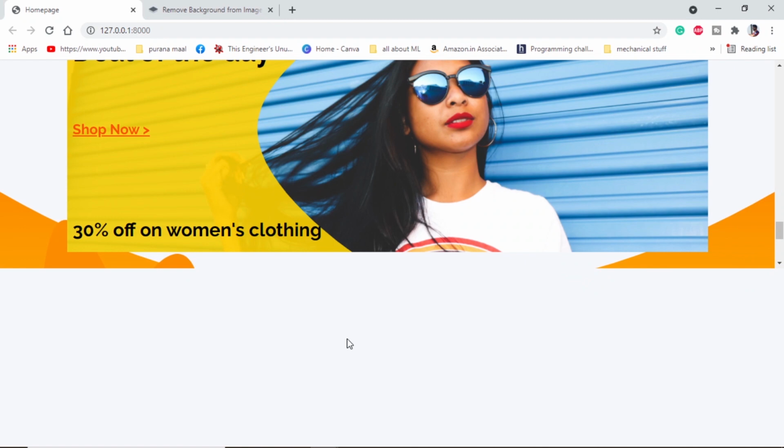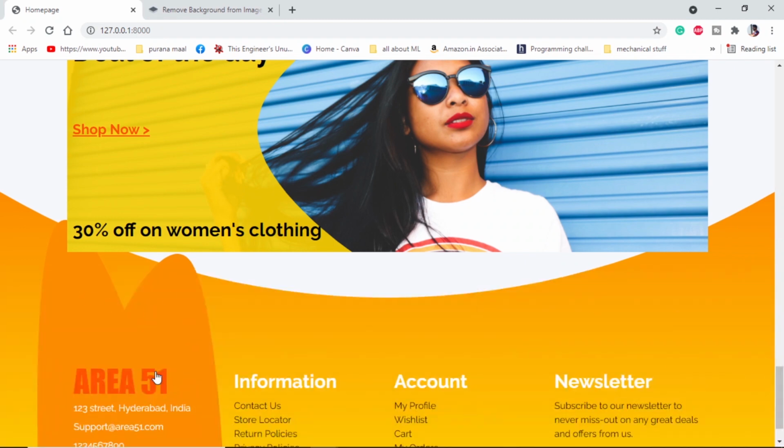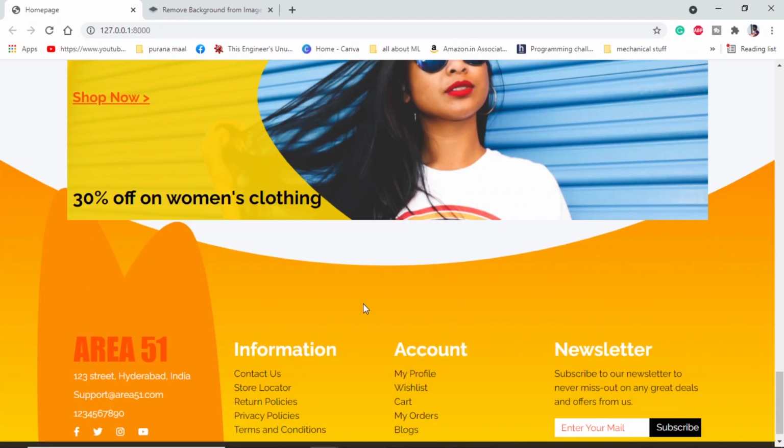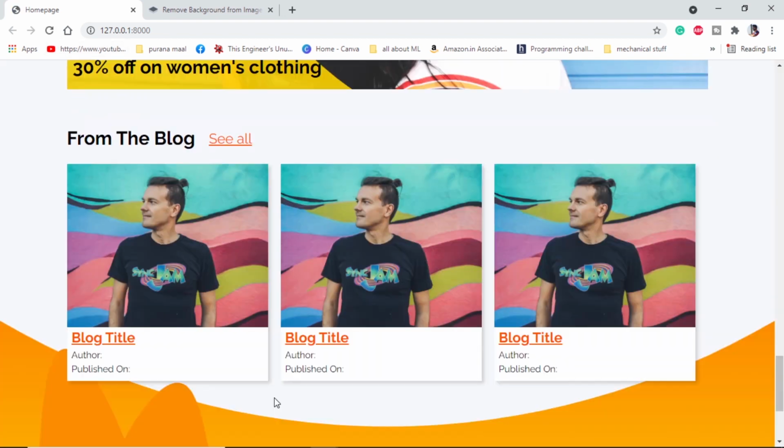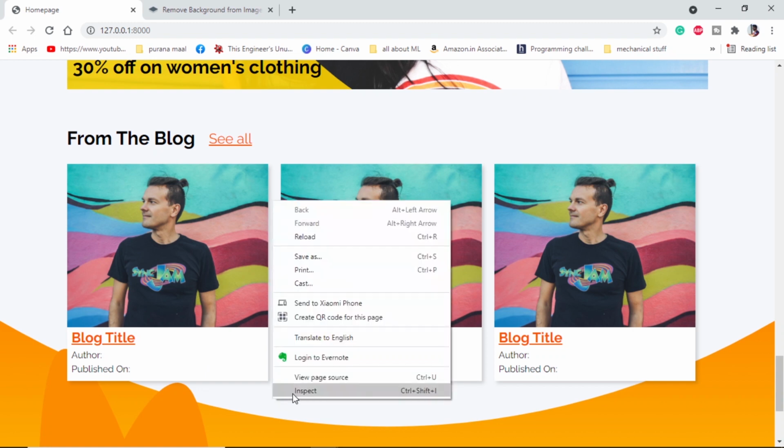Now the last thing we need to do is include one blog section. Let me quickly add and show it. After adding the blog section, let me refresh this. So we can see this is similar to the sections we have on top, the heading and see all button. The only change is the width is increased and these things are different. Again, let's inspect and check.